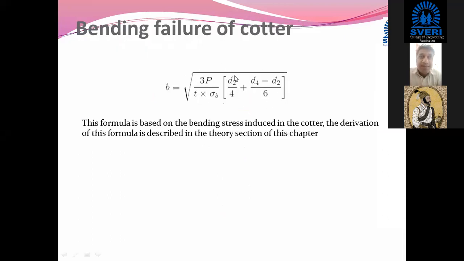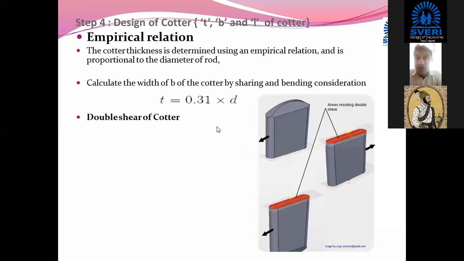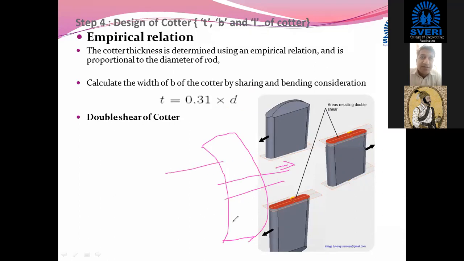This B, okay, that is bending stress we have considered here, but before that, this width B, when we are going to calculate it, that will be calculated from, okay, this is a new type of stress which we have not yet considered. This type of bending may be possible. Am I right? When you are inserting the pin and this part is pulling the pin in this direction, and this upper and lower part is pulled in this direction, then this bending is possible.